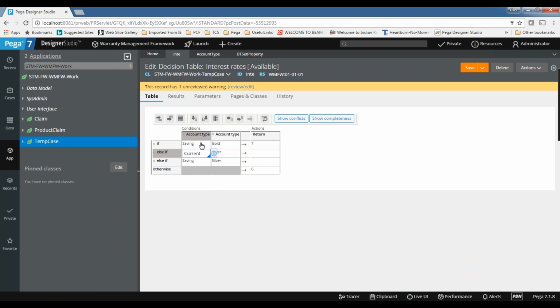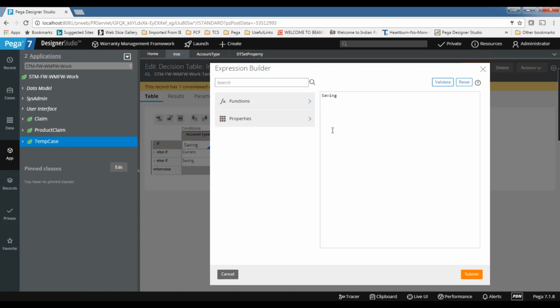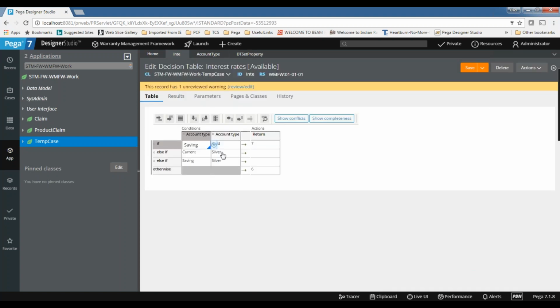So you can use any of this, and you can use the expression builder. So let's say you are doing some kind of salary into 100. So you can do some expressions here, and the expression will be taken as a condition value. Okay, but here I am hard coding the values, so I am entering something here. So 8, also 9, so let's say 6.